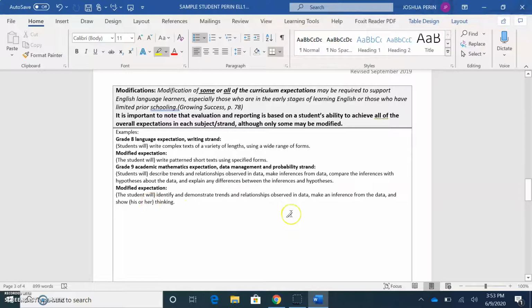So some of the vocabulary that would typically be used in modifying an expectation would be a change in the complexity or the number of a given expectation. If you find that you're completely rewriting the entire expectation, or the student has the curriculum modified so extensively that they're truly not meeting the overall expectations of the course, to which they wouldn't be successful in taking the course that follows this one,